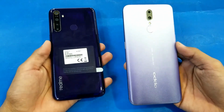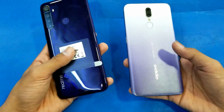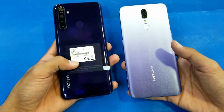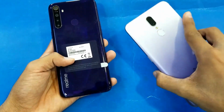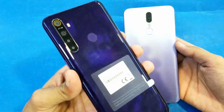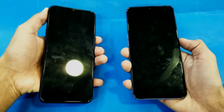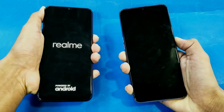Oppo F11 comes with a MediaTek Helio P70 processor with 6GB RAM, while the Realme 5 comes with a Snapdragon 665 processor with 4GB RAM, and it is a 6GB RAM variant that I have in this video. So Realme 5 comes with a very unique feature. On the back it has quad cameras versus dual cameras on the Oppo F11. So very interesting specification. So let's quickly boot both of these phones up at the same time, and Realme 5